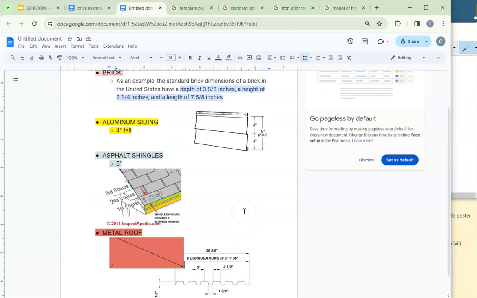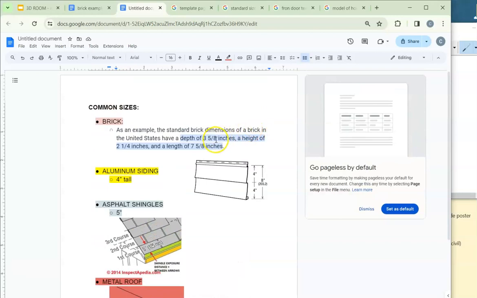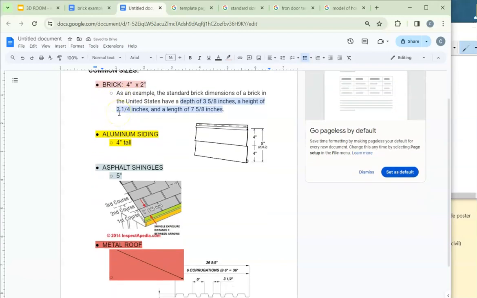Google search all of this information of what size is aluminum siding, so it'd be 4 inches tall. Brick, we can round up to 4 inches by 8 inches. Oh wait, 4 inches by 2 inches. So if I said 4 inches by 2 inches in height, I want to stretch and make my brick that